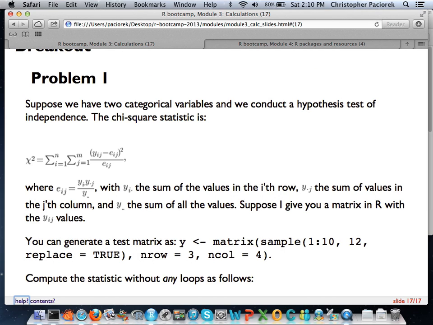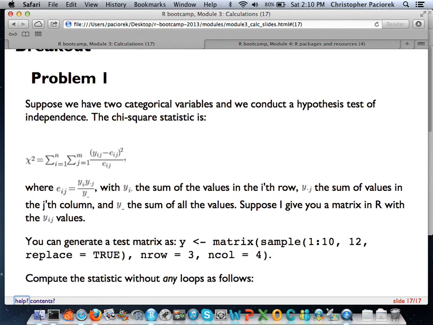So this calculation, if we explicitly look at it and were to translate it into coding, we would have two for loops looping over two separate indices, and then we would be doing the calculations with respect to the elements of y and e.